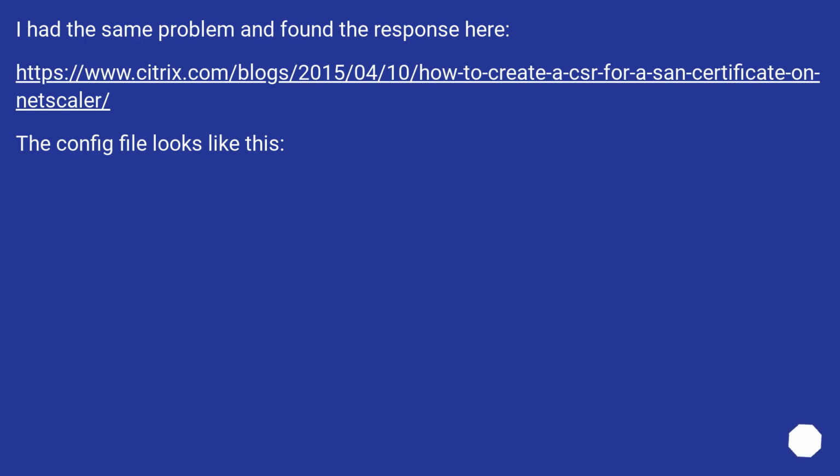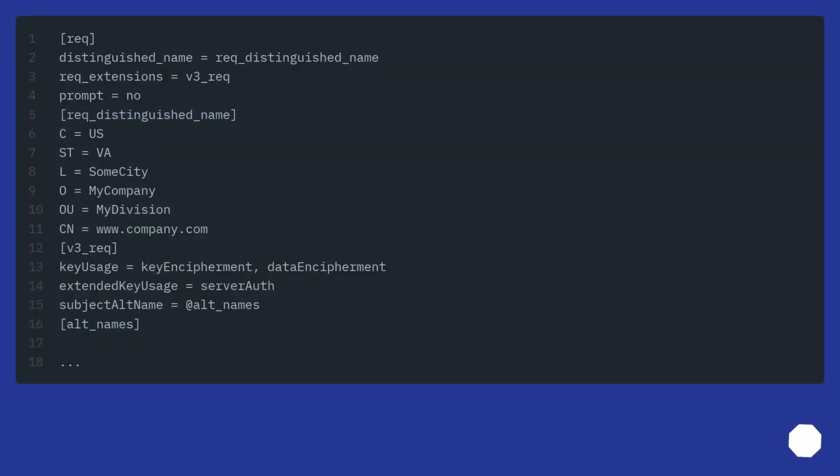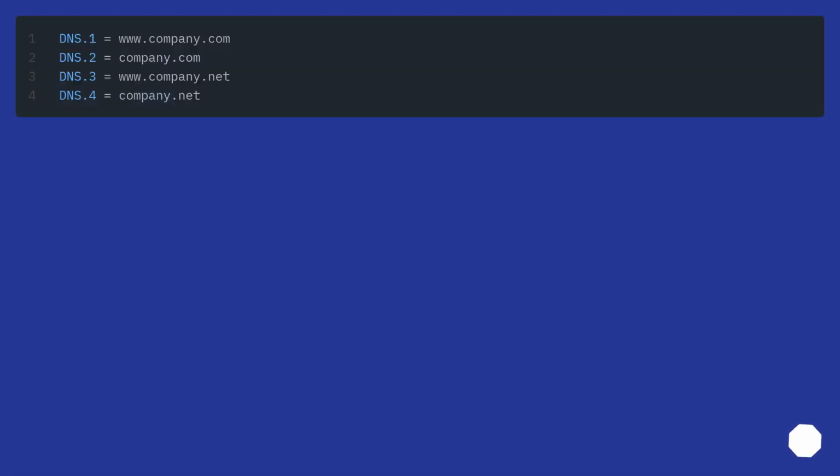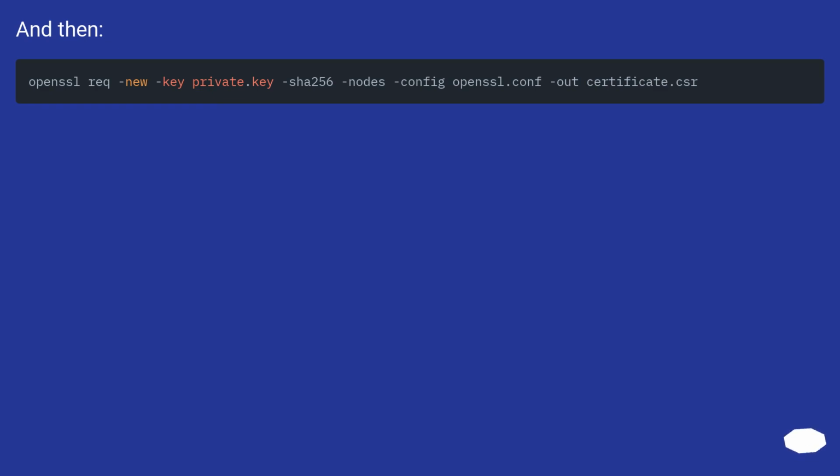I had the same problem and found the response here. This URL. The config file looks like this. And then,